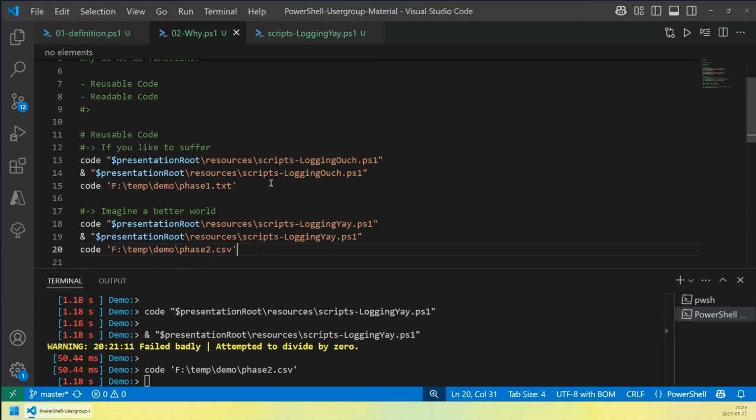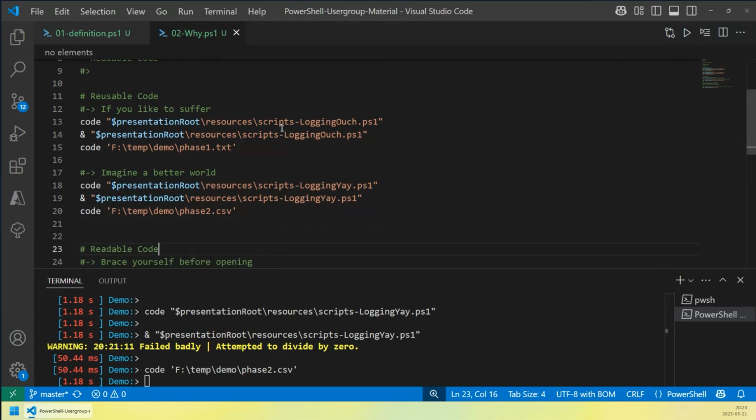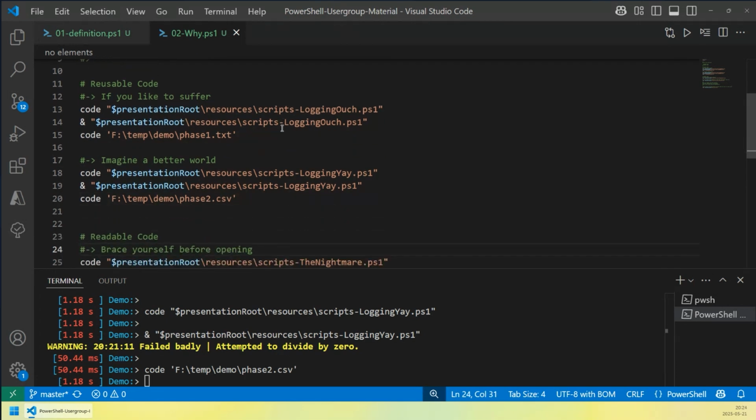So, reusable. Reusability, great argument. There's a second one, readability. Now, take a deep breath, harden your soul, harden your mind, brace yourself. This is going to be ugly. Actually, it's not horrible. The script I'm going to show you is mostly what happens when people teach themselves scripting